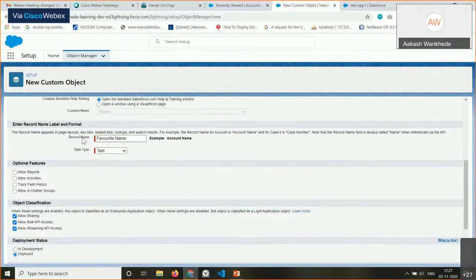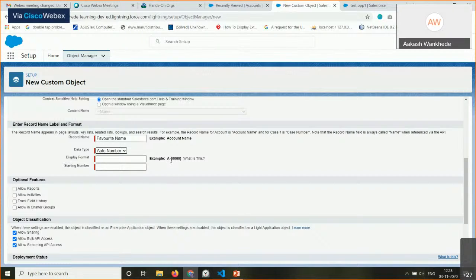If you see over here, there is a record name, favorite name. There are two options. There is a text, which is the default for every object. Salesforce provides a name field which can be a text. You can also have it as an auto number. If it is an auto number, it will be generated automatically every time I create a record, like 001. If I mention the format A-0000 and so on,